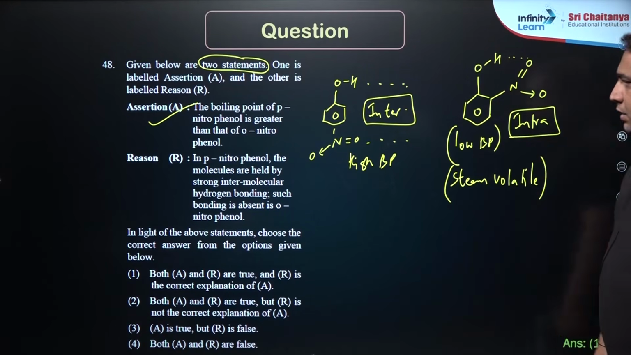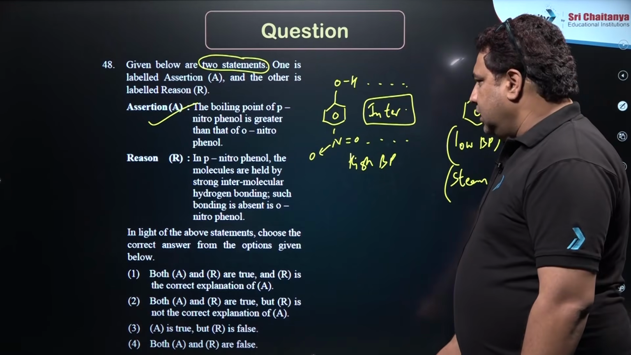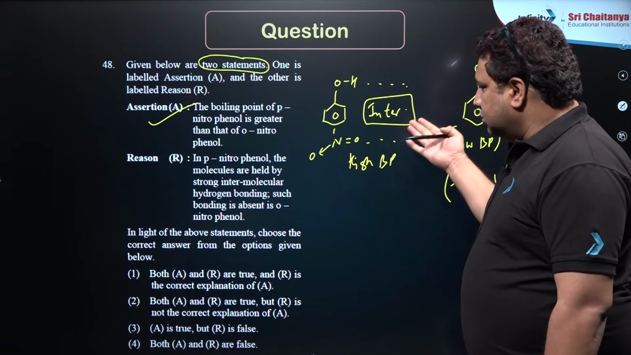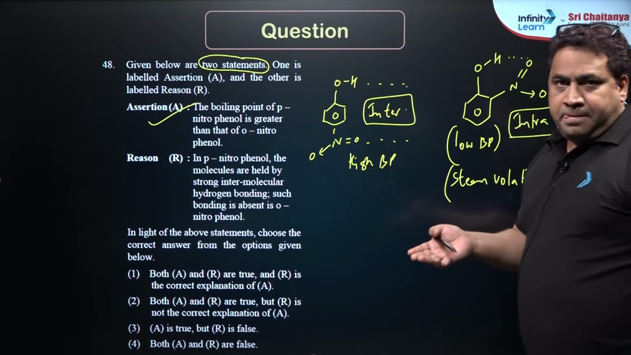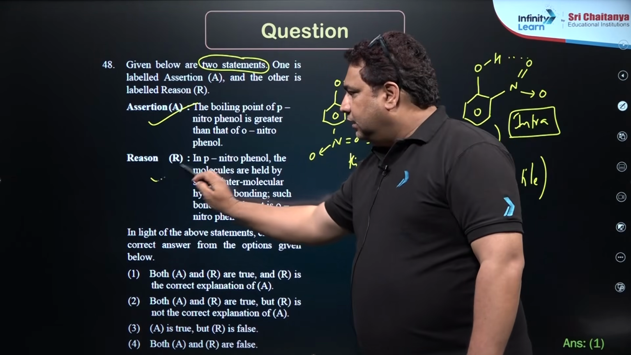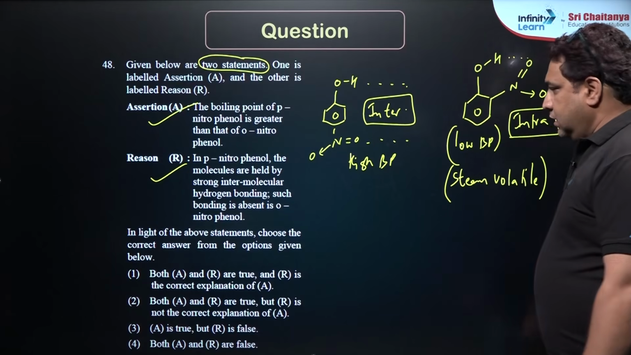Okay, next. In para-nitrophenol, the molecules are held by strong intermolecular hydrogen bonding. Such bonding is absent in ortho-nitrophenol. Yes, in ortho-nitrophenol we have intra. Correct statement. Hence option